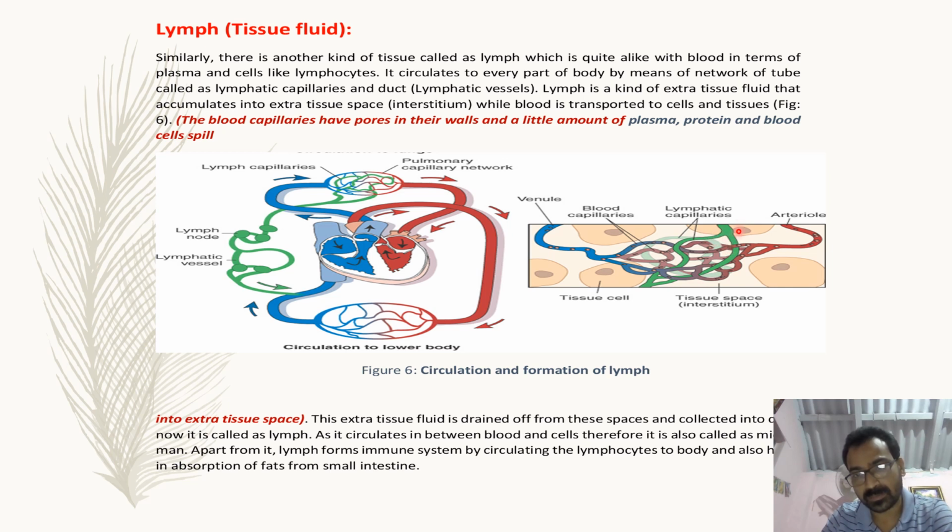connected to a large duct, that is the lymphatic duct. So when this extra tissue fluid gets stored in the lymphatic duct, it is called lymph. So lymph, you can understand, is part of the blood actually, but it contains plasma which is a bit different from that of the blood plasma. Blood plasma is a bit paler than the lymph plasma. Blood plasma has many components, lymph plasma has only the lymphocytes, some fat molecules, very little protein.